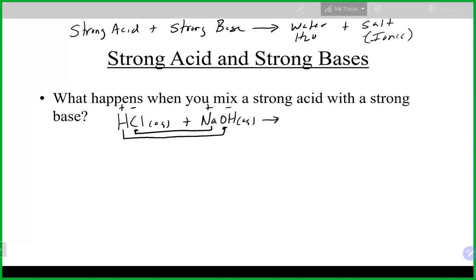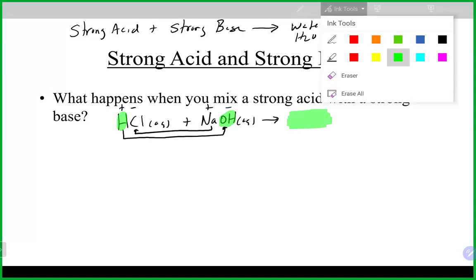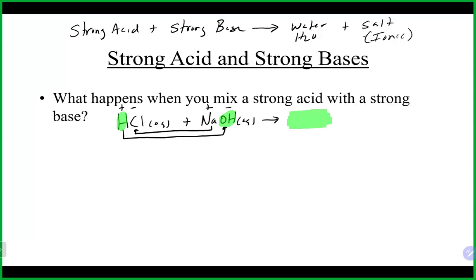In the case of a strong acid and a strong base, when they come together, the way that you always get the water is this way. It is always the H from the acid hooks up with the OH from the base, and that is always where the water basically comes from. So that is our double displacement, and that's basically because we're putting together